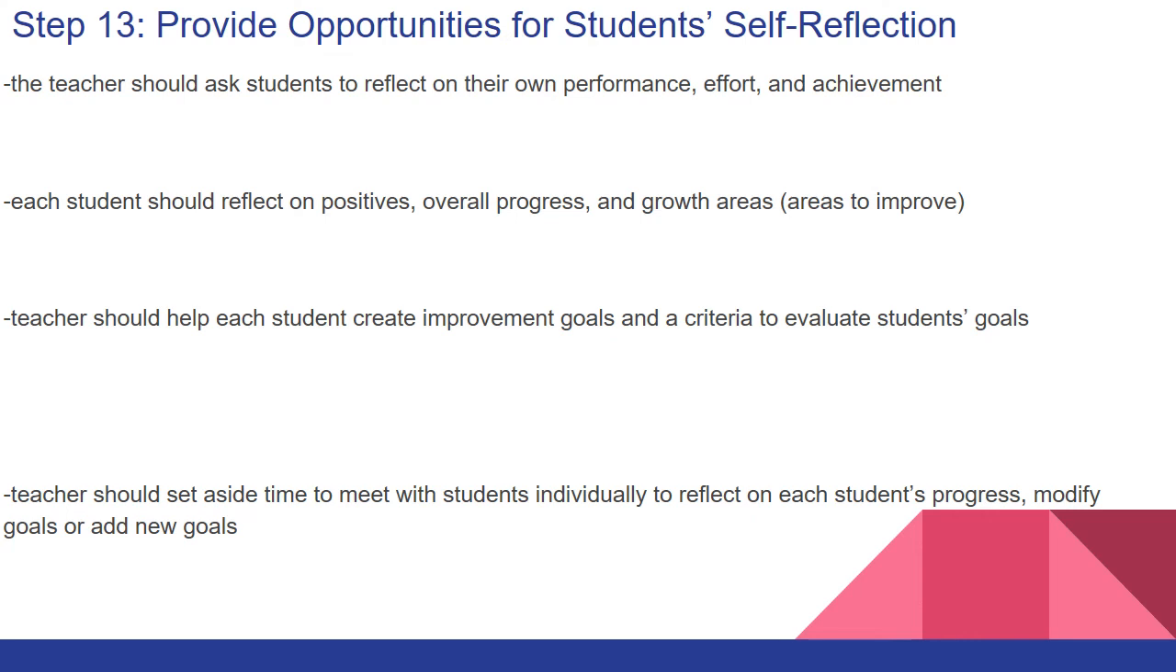Apart from having students self-reflect, teachers need to have students write down their goals and their criteria and then revisit those goals and criteria. So the teacher should set aside regular time for students to reflect on their progress, and also the teacher should set aside individual time to work with each student to discuss each student's individual progress and whether or not students should modify their goals or expand their goals